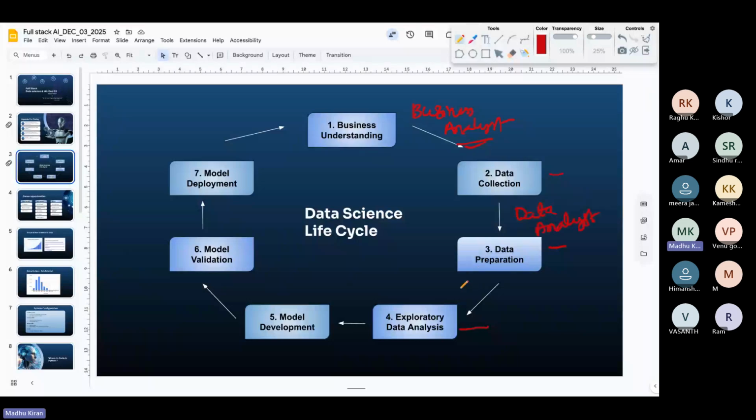And then after that, data analysts don't do the model deployment, they don't touch machine learning algorithms. But from here, it's a data scientist. But data scientists usually do the work of data preparation and data collection too. Then the model validation. After that comes the stage with the machine learning engineer, who actually takes care of the deployment. So all these four people work hands-on to complete a data science life cycle.